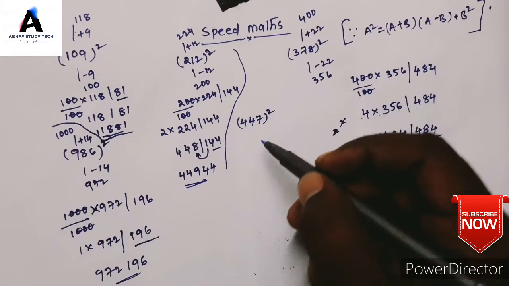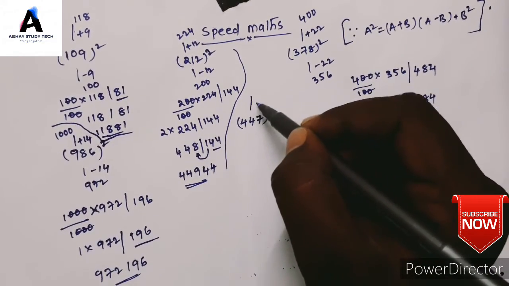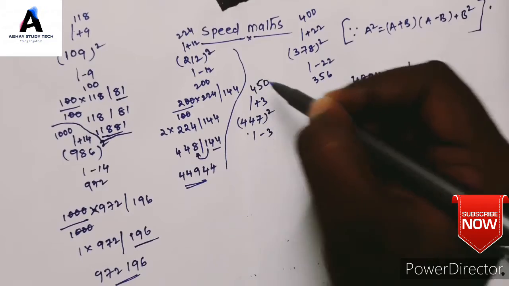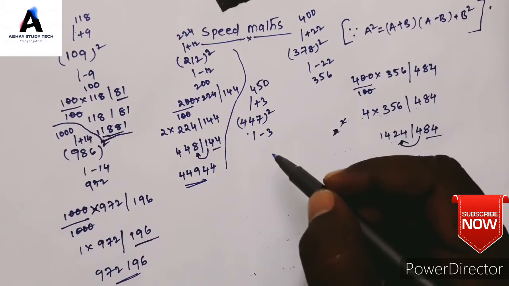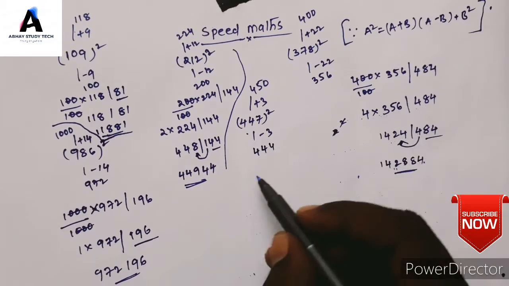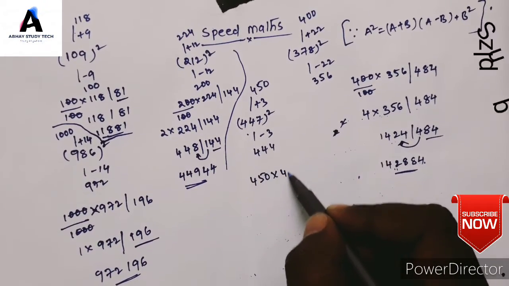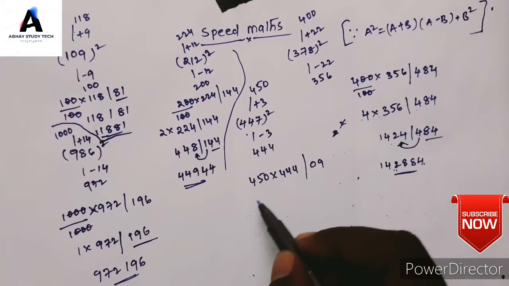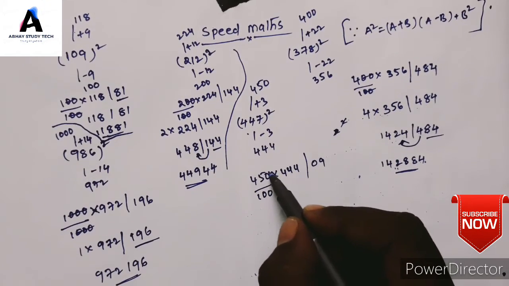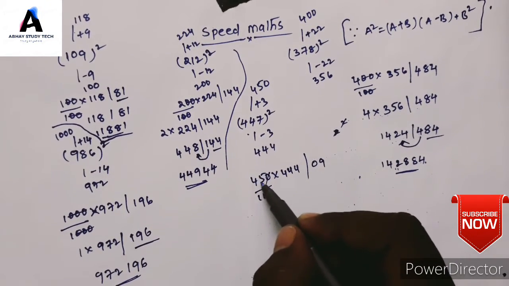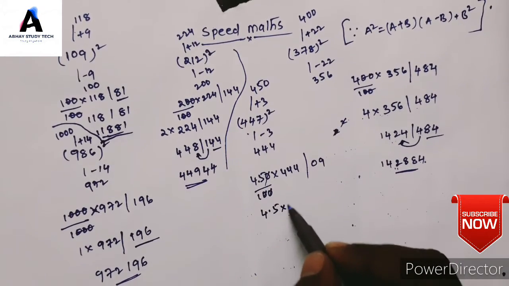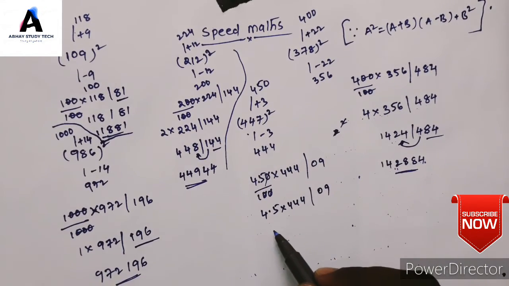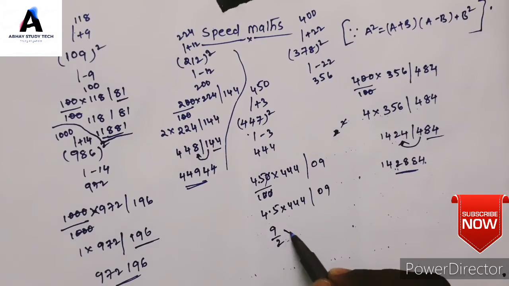Next, 447. 447 we can write as plus 3 minus 3. Plus 3 means 450. 447 minus 3 means 444. 450 into 444. 3 square is 09. I divided by 100. This 0 cancels. I cancel this 0, point it. 4.5 into 34409. 4.5 I can write as 9 by 2. 9 by 2 into